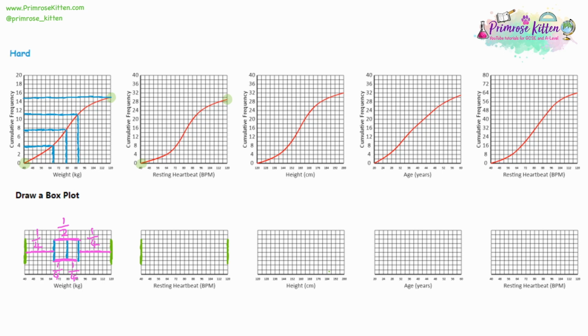Now we need to find the upper quartile, lower quartile, and median. We need to know how many people are contained on the graph. So at 120, maximum value, we know what the maximum is in terms of beats per minute, but we need to know what it is in terms of cumulative frequency. And that looks to me like it's going to 29. We have 29 people total in this graph.